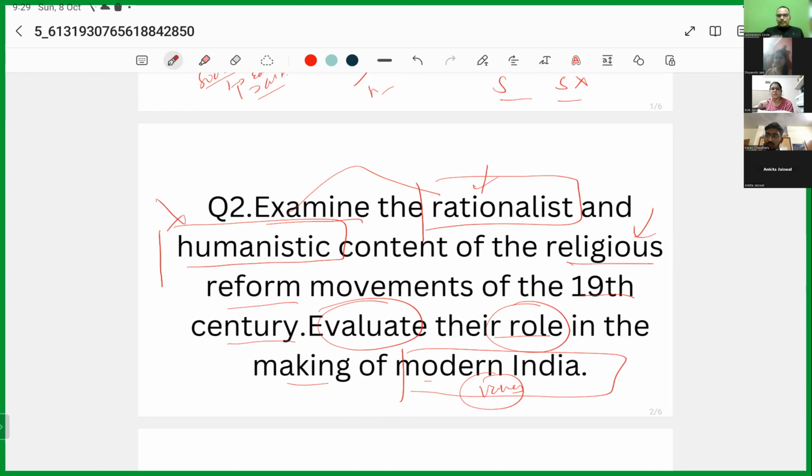Had it been her first marriage and out of love, care, empathy, compassion, she was marrying that guy. No, but she has already done 3 marriages. What she did then, put a dowry case, extracted money, she became a billionaire, and that's how she was continuing her rosy roti. So rationalist mindset. She was using mind actually, not humanistic values to derive a purpose. Okay, so examining the rationalist and humanist content of the religious reforms.